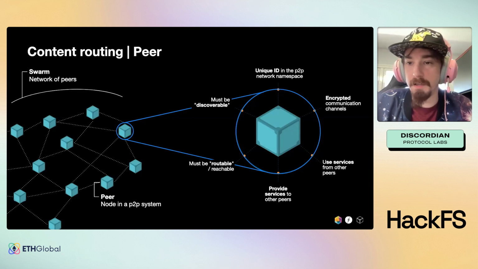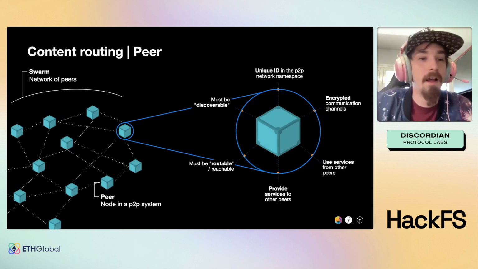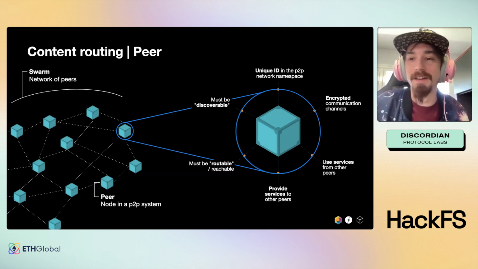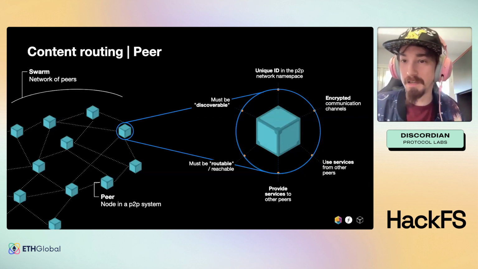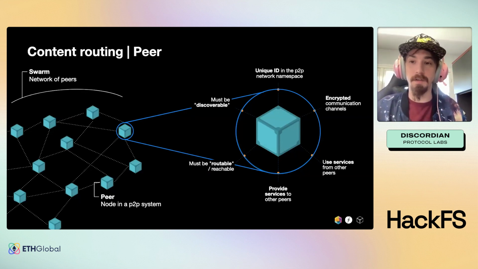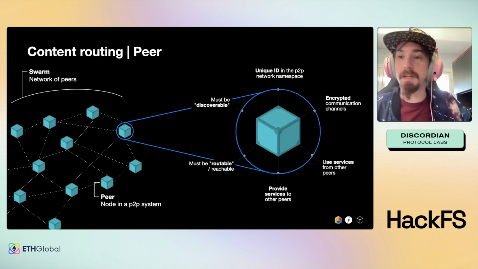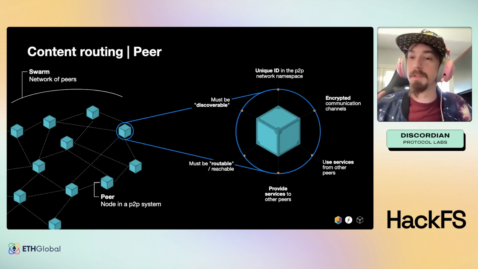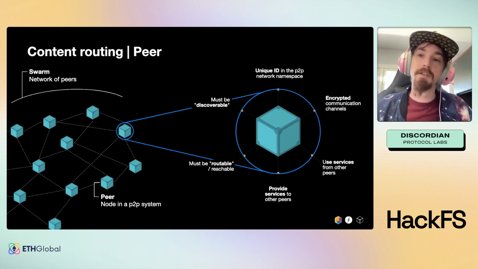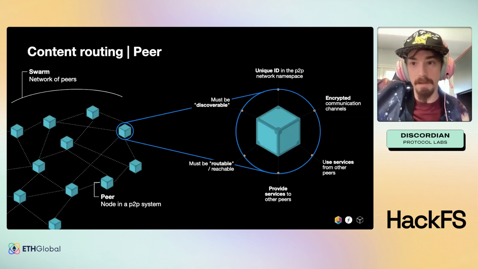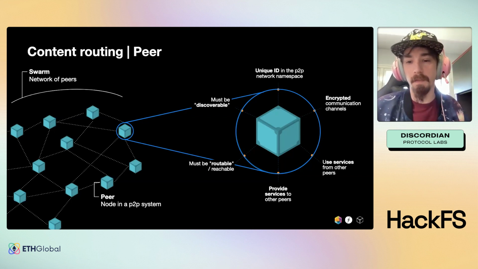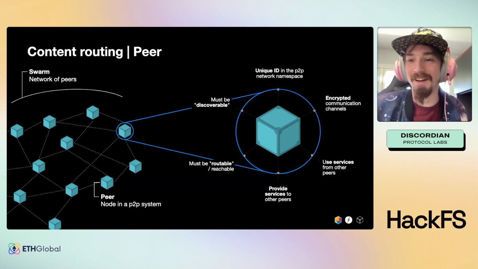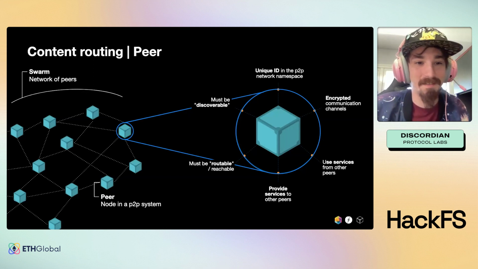Actually, I see a pretty easy to answer question here. Does IPFS prohibit publishing of duplicate data? Actually, as I mentioned previously, if you add the same data, you'll get the same content identifier. So technically, you can add the same data to your node. And if somebody else added that exact same data, you'll end up with the exact same content identifier. So if a third person wants to retrieve that data and they have that content identifier, both of your nodes will serve it. If that makes sense. We can go into it a bit more in depth later.